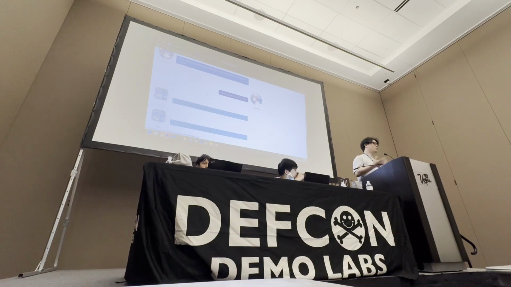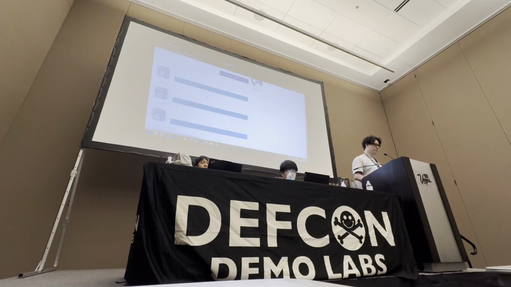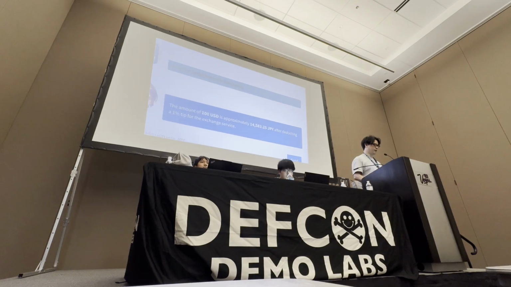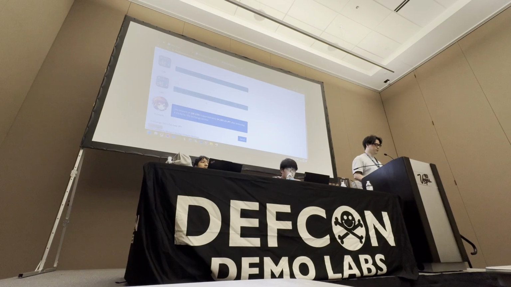And when we have an FX agent, we need to get the updated rates, right? And of course, the LLM doesn't know about the current value of Japanese yen or USD. And so the LLM needs to call an API to get the rates. And we call that tool or function calling, or you may have heard about MCP. MCP is also a way to give some feature to the LLM. So we are using the tools here. And so it's getting the rates, it's calculating twice, and finally we can get the current rate and the calculation result.